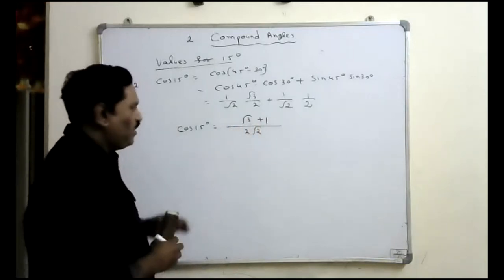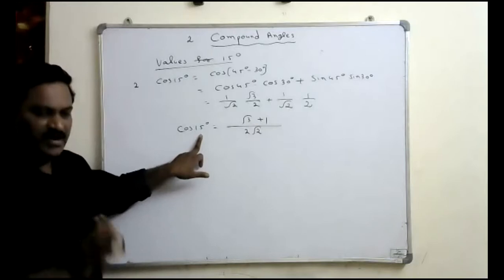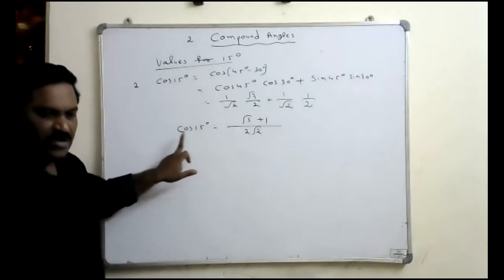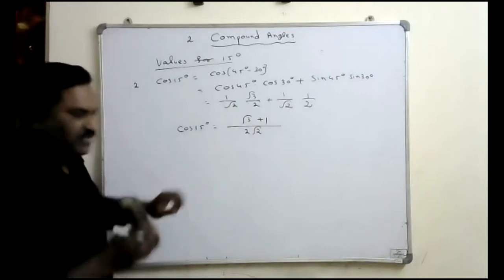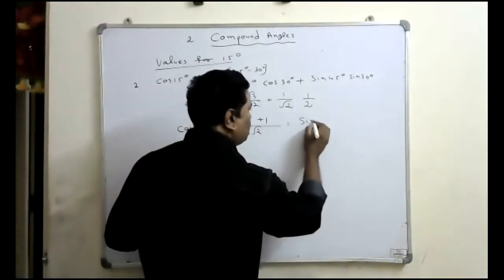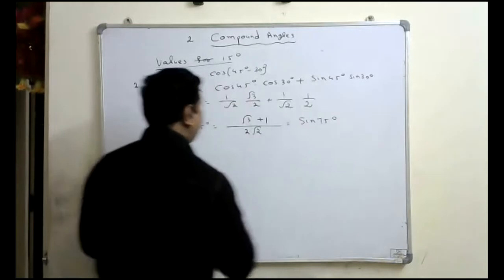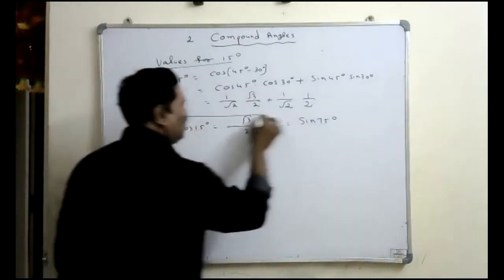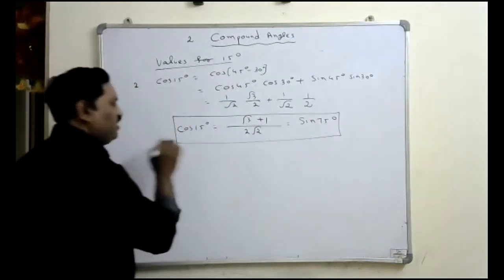This also you have to remember. And this 15, again you can write as 90 minus 75, cos of 90 minus 75, which is sin 75 degree. So this is also equivalent to sin 75 degree. This is the value we have to remember. Cos 15 and sin 75, both